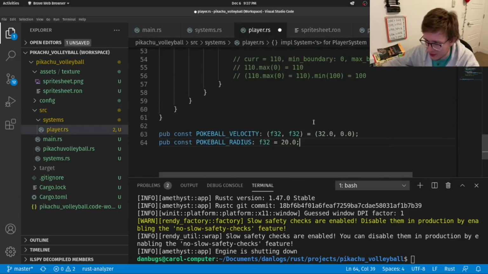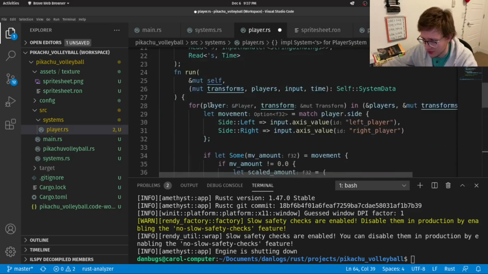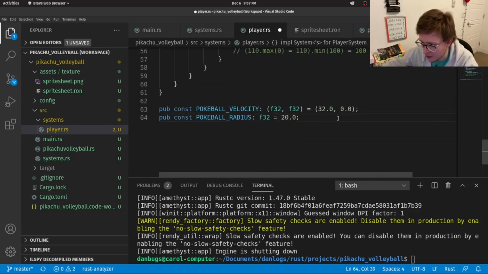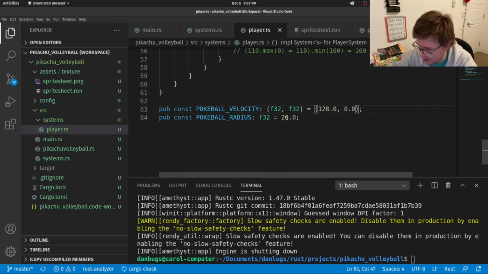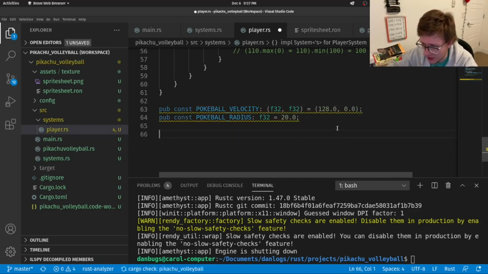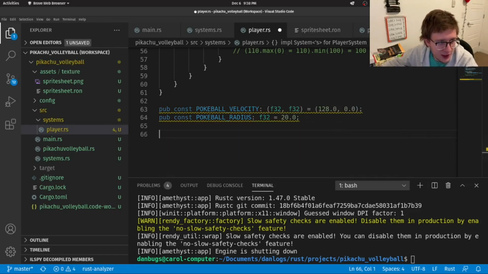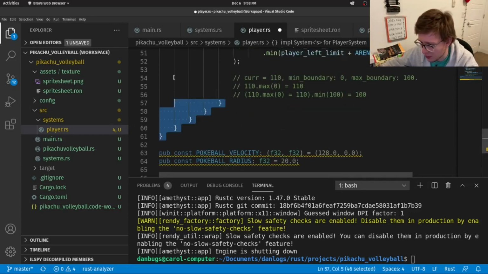Let's put it by the end. This way we can easily distinguish each section of the video, or as well as we can. Now, I want to change these values. I'll put maybe 128. The ball radius, we cannot change it. And okay, so number one, create the Pokeball properties right below or not right below the rest of the code.